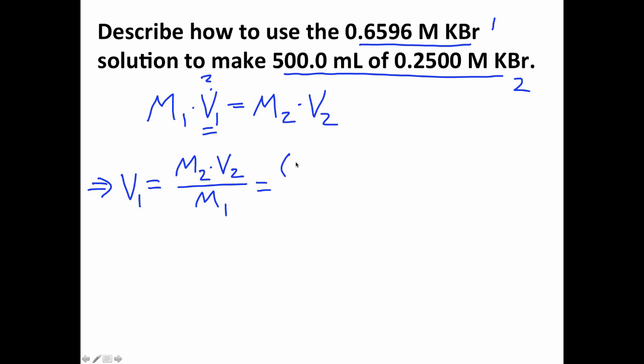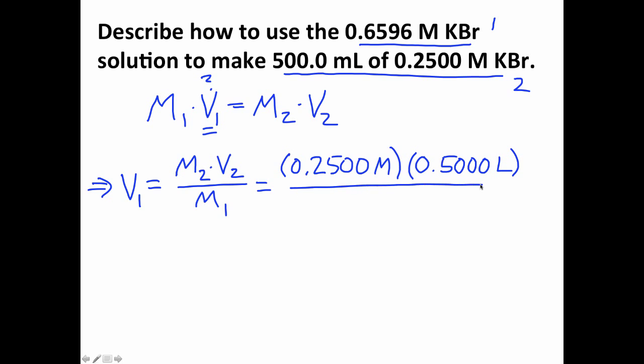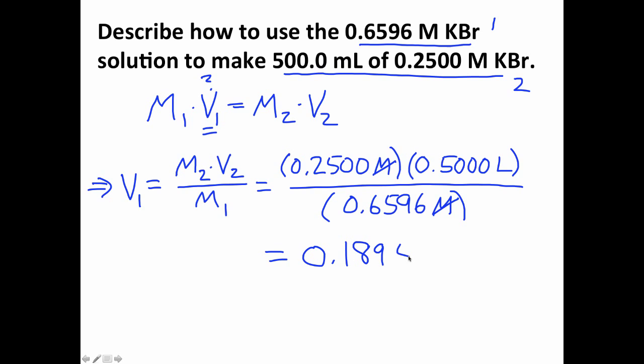Molarity of solution 2 is 0.2500 molar, and volume of solution 2 is 500 milliliters, so we're going to make that liters, 0.500 liters. And then molarity of solution 1 is 0.6596 molar. And notice molarities cancel, leaving us with liters. And when we do our calculation, what we get is 0.1895 liters, and then we have to remember that this is 0.1895 liters of the 0.6596 molar KBr solution. And so how we would make this solution is, as before, combine